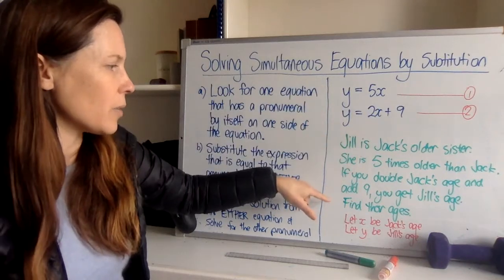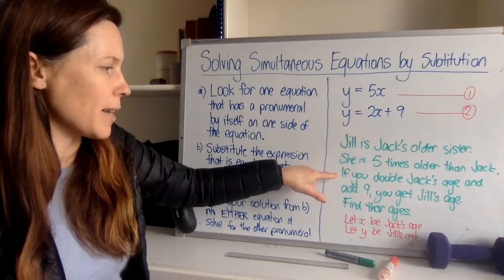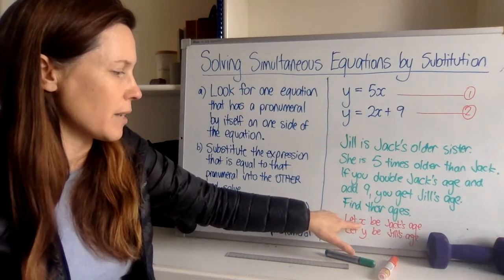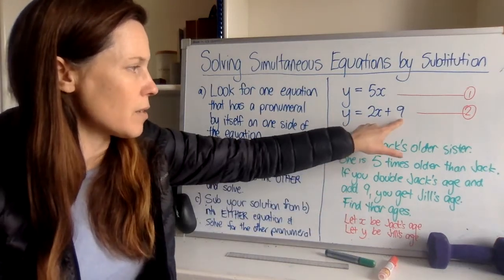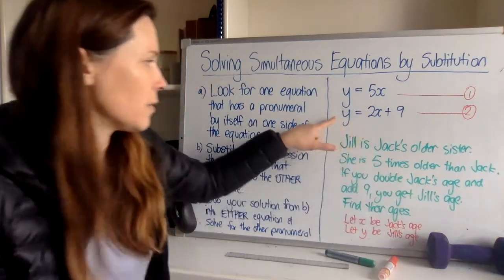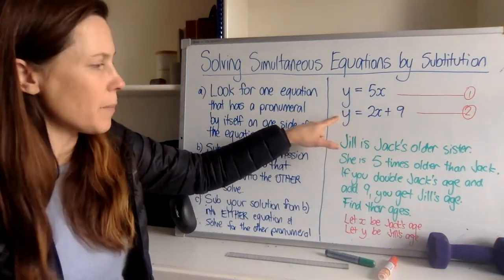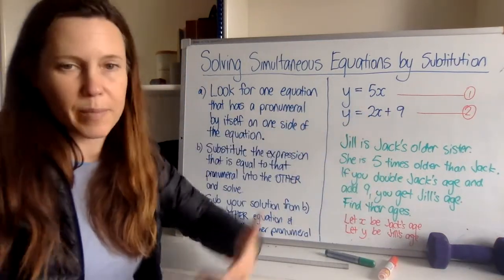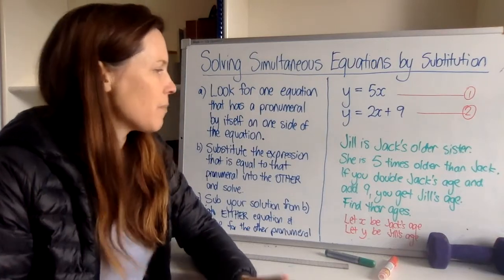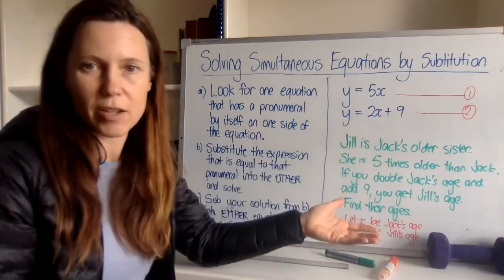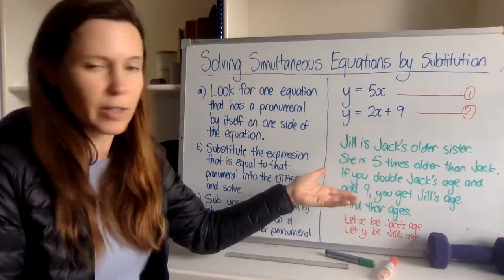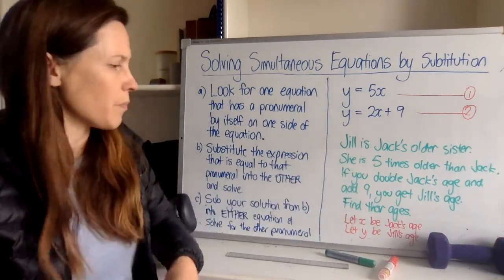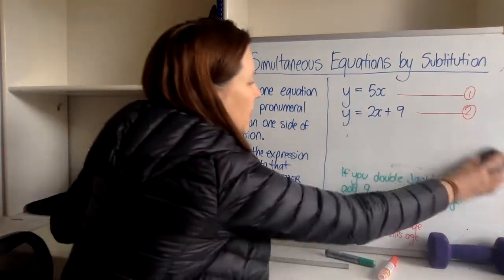To put the second clue into algebra, if you double Jack's age, so if you take X and double it, you'd have 2X, and add 9, plus 9, then you get Jill's age, which is the Y. So these are exactly the same thing, just written in two different ways. And I think this example shows you how you can use simultaneous equations to find the solution to a problem of this sort. All right, I'm going to make some space here by getting rid of this